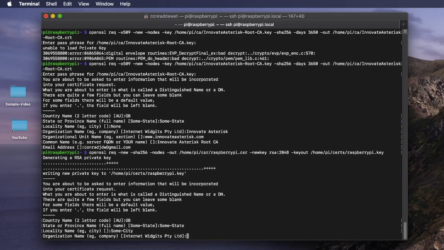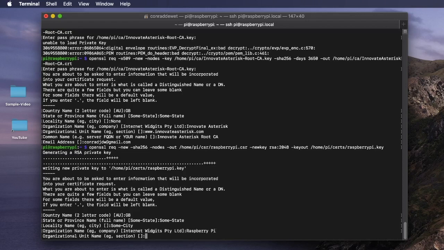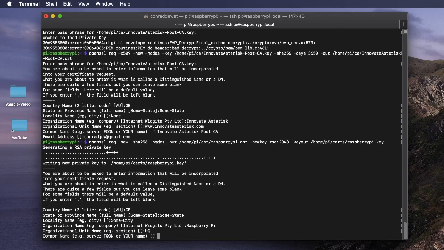Organizational unit, I'm going to say is my Raspberry Pi, it's where it's being located. It's actually on the Raspberry Pi. The unit name, I'm going to say HQ, headquarters. Now, for the fully qualified domain name, in this case, I do want to have it correctly